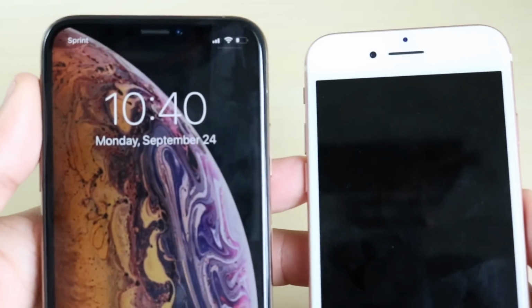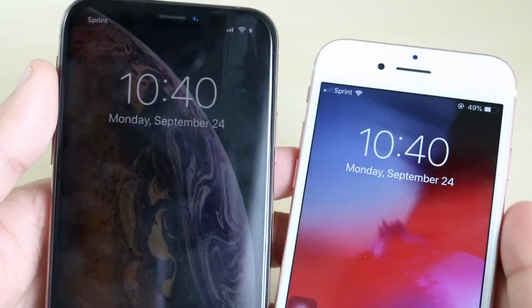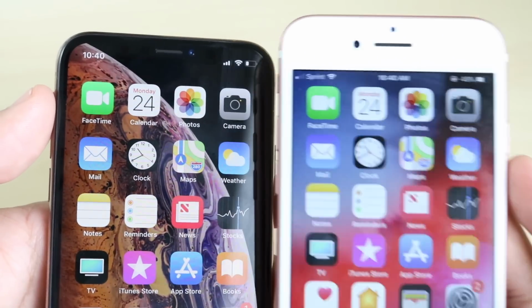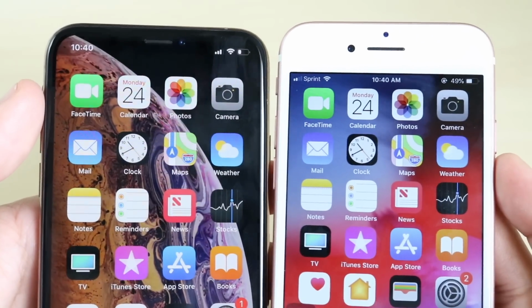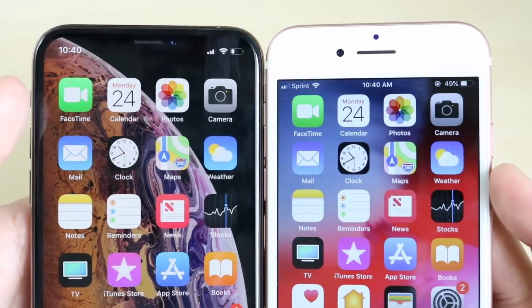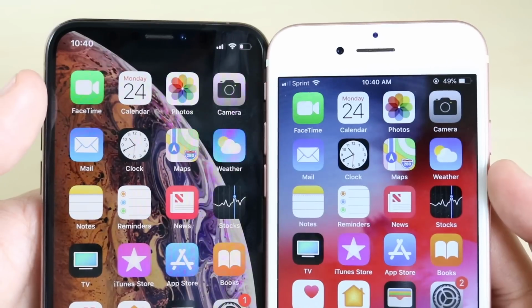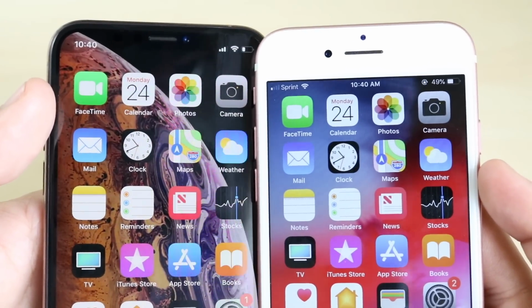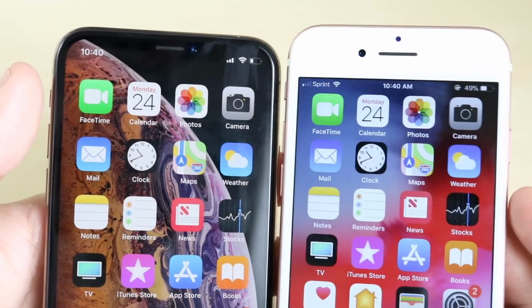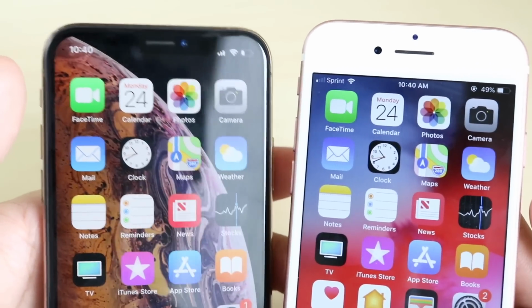The front cameras also got an increase on both phones, so now they can shoot 1080p at 60 frames per second on the iPhone XS, where you can only shoot 1080p at 30 frames per second on the iPhone 7. And this is really only good if you plan on doing vlogs or something like that on your phone, because 60 frames per second is the new wave. It's going to take over. People are already doing it. I still shoot in 30 frames, but I'm going to switch to 60 frames in a little bit. So I would definitely say that the camera sensor on the iPhone XS, both front and back, is better than